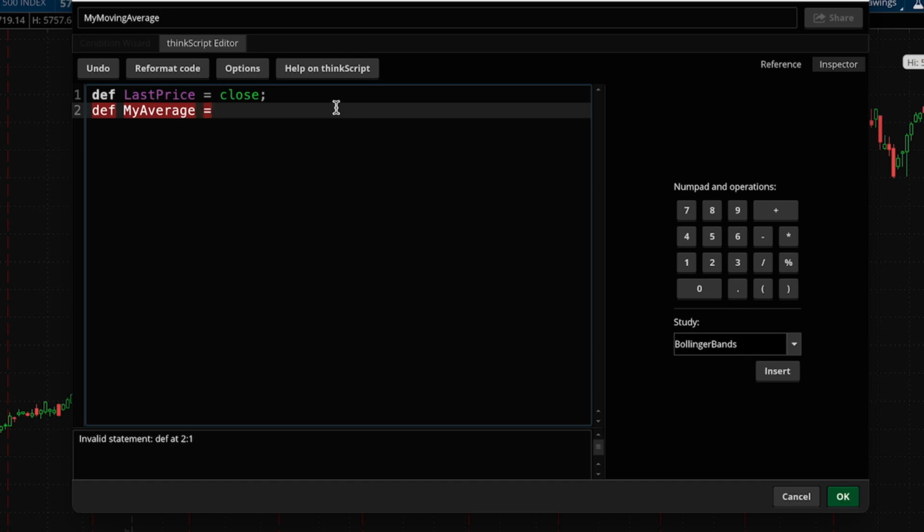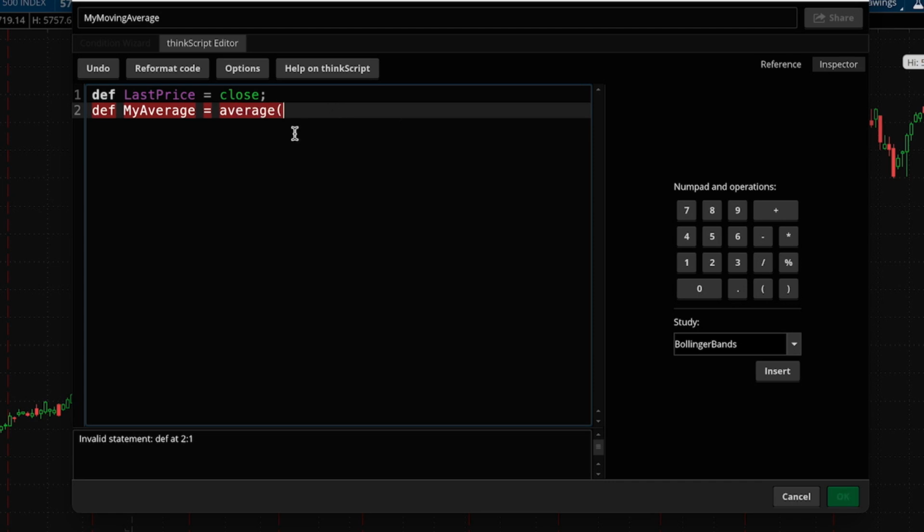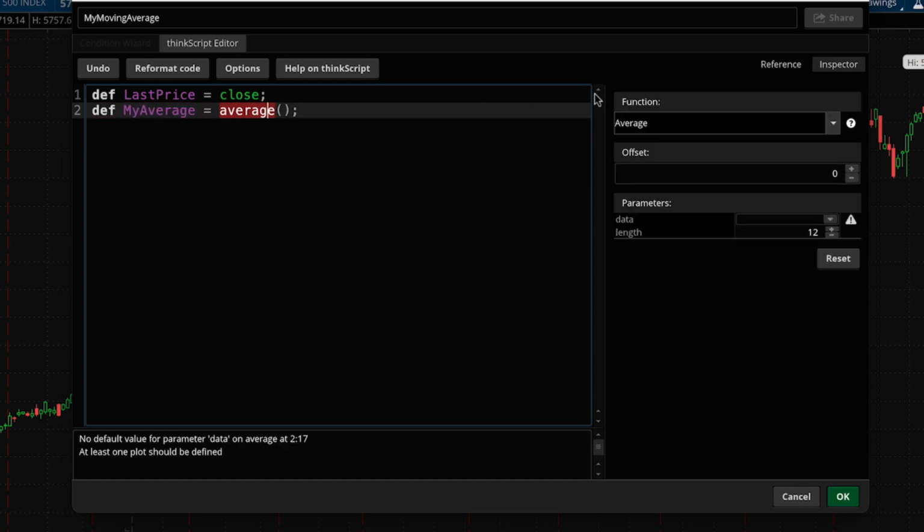We need to use the average function to do some math for us here. So if I start typing, you'll see it'll pre-fill some of the possible solutions. And the very first one is average. Now, if I'm not quite sure exactly what parameters are available to use in average, if we just click on it, you'll see we have an inspector tool on the right. Wherever your cursor is, that inspector tool will let us know what types of parameters are available to us and